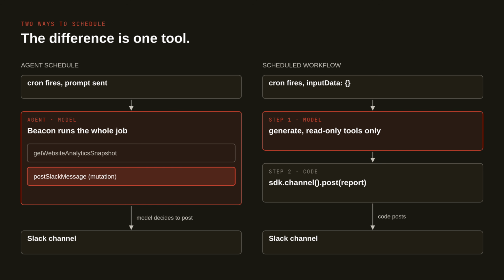And so in this model, you might have step 1 where the Beacon calls the LLM call to do its research on how to get the analytics snapshot, and then pass that to step 2, where we then might take that and post it to Slack. And that's actually the model that I went into. And we'll get a little bit more into that in a little bit.